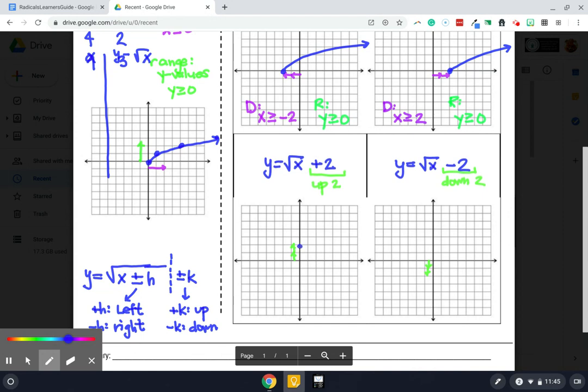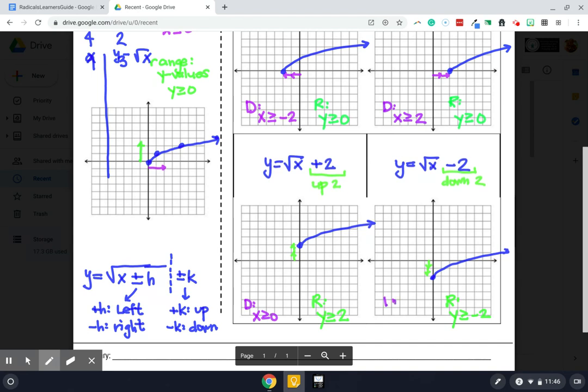So this particular graph moving up 2, we get something like this. Moving down 2, we get the same graph, just further down like so. Now, because we moved the graph, we impact the domain and the range. So the range here is y is greater than or equal to 2 because now it's moved up. And the next one, negative 2. And just so you're aware, in both of these problems, the domain did not change because we didn't move it